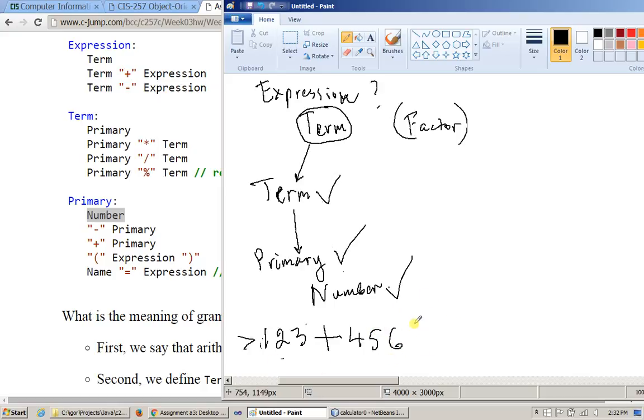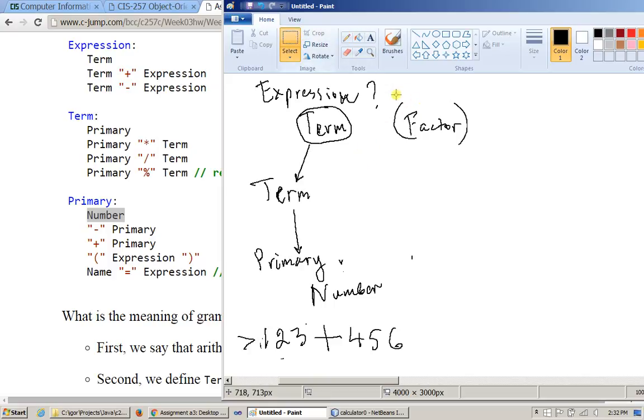So what's going to happen in this situation, again, our quest for passing or failing grammar rules will be by saying, is this whole input an expression, question mark? And the answer will be yes,